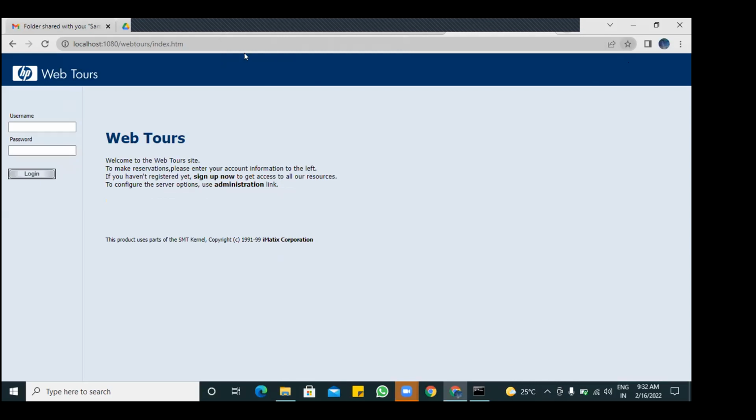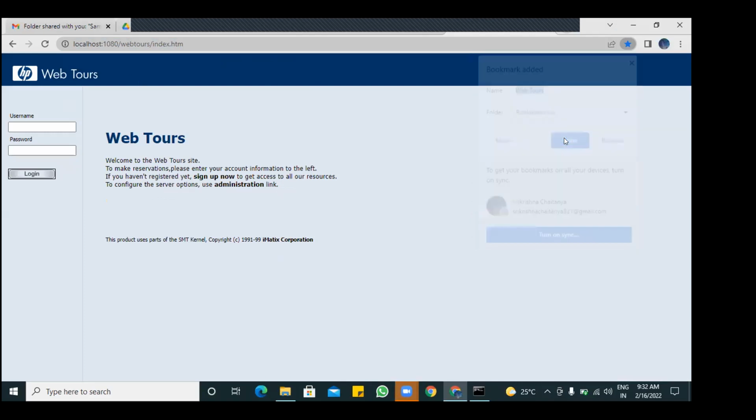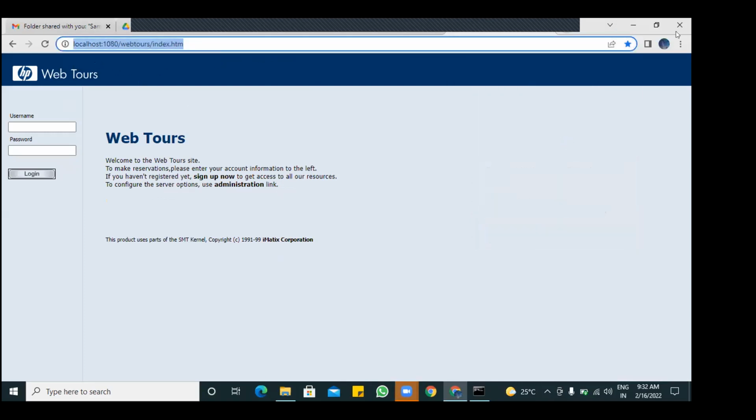And one more thing, right? These GET requests can be cached, or they can be bookmarked. I told you, right? In the slide deck I mentioned that these requests can be bookmarked. How can we bookmark that? Click on the star icon and add it to the bookmarks bar. Click on done. Now you should see that bookmark over here.